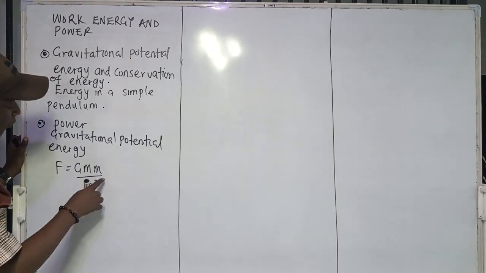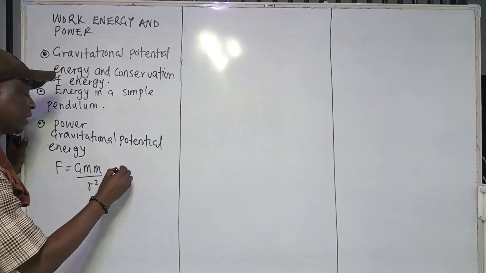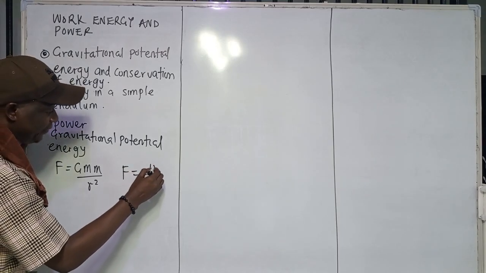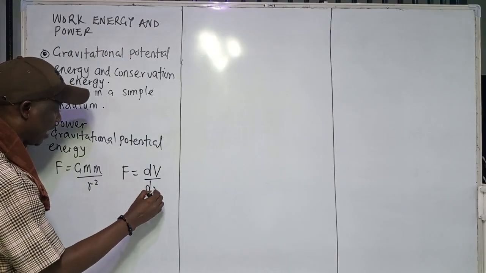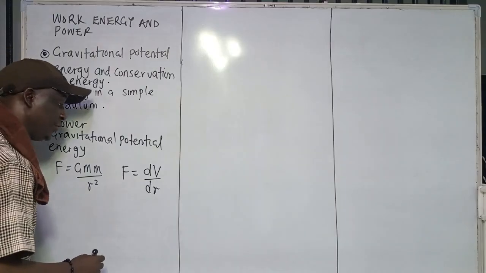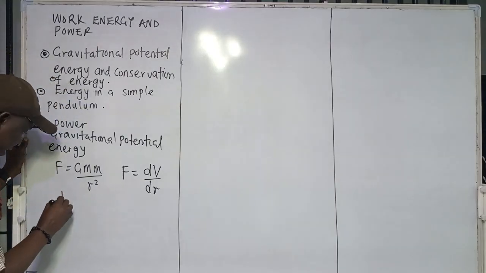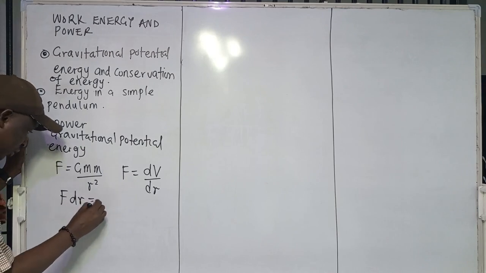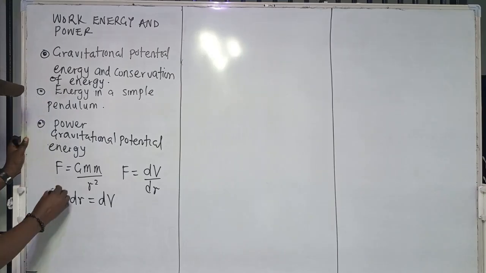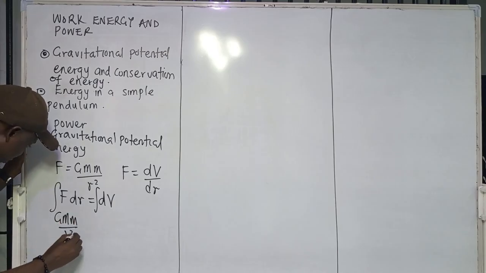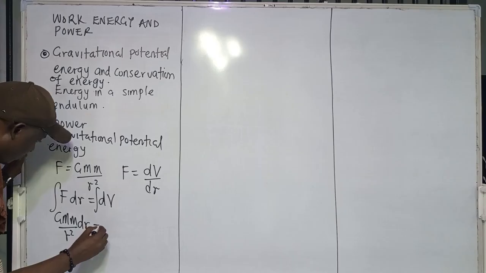Now, from the concept of work, we know that F can also be written as dV over dr. So if you cross multiply, you are going to have F dr equal to dV. So if you integrate this, F is Gmm over r square, dr equal to